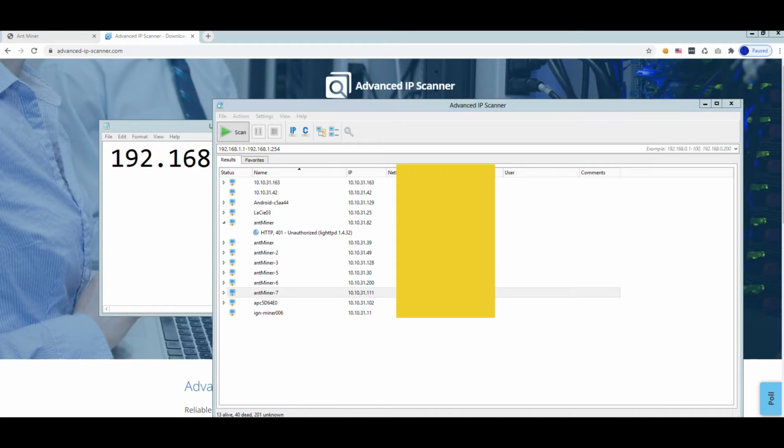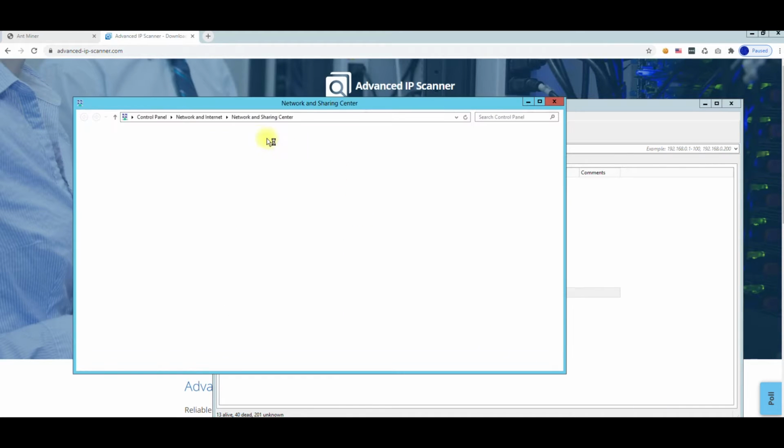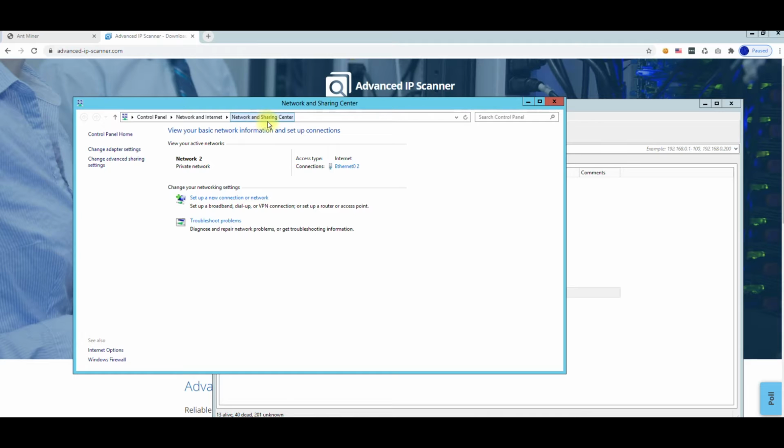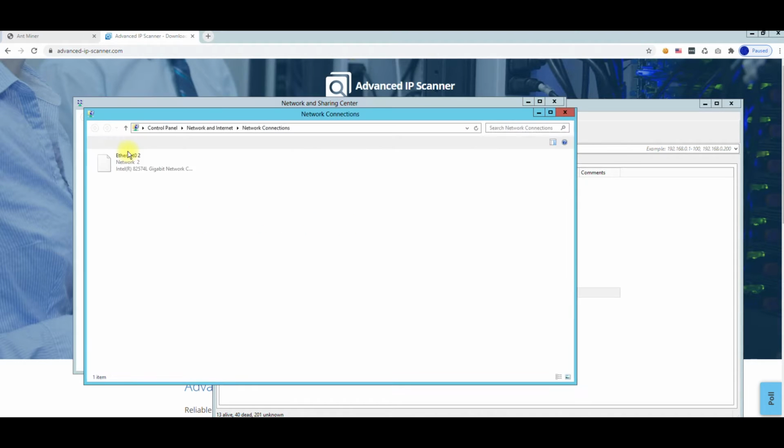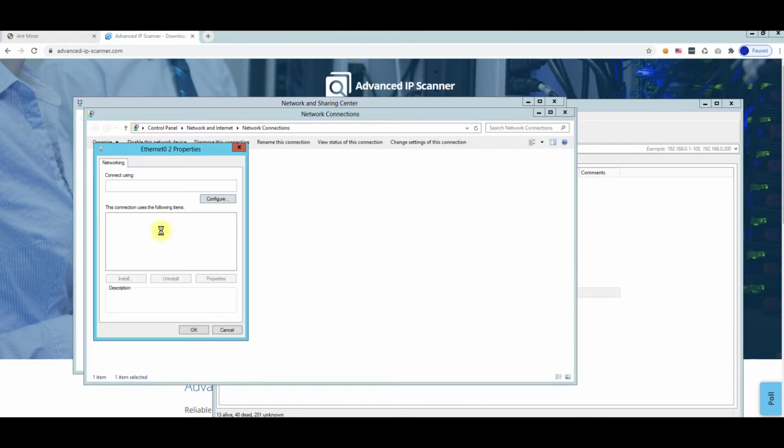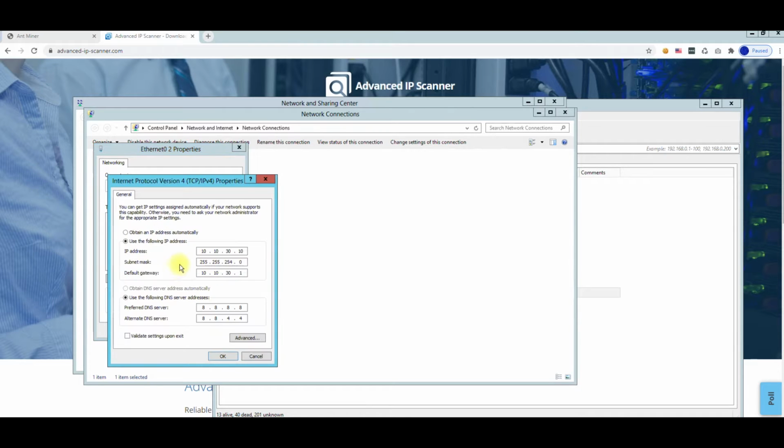So to set that up, you just need to go to Control Panel, and you need to go to Network and Sharing Center, and then do Change Adapter Settings. And then you right-click on your network adapter and go to Properties, and then click on Internet Protocol version 4. And this is where you would type in, I'm not going to do this because I've already changed my Antminers to my subnet, but you would kind of change it to